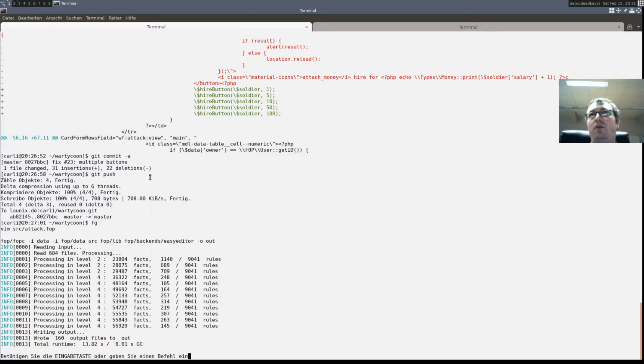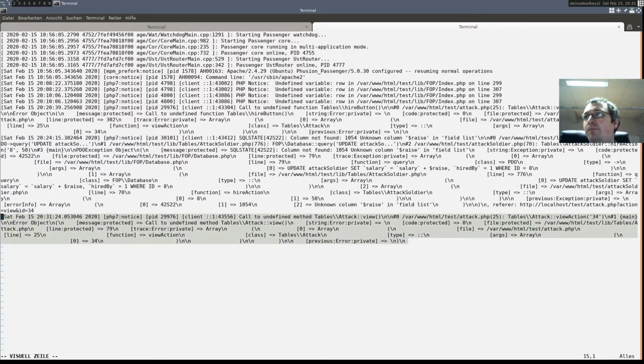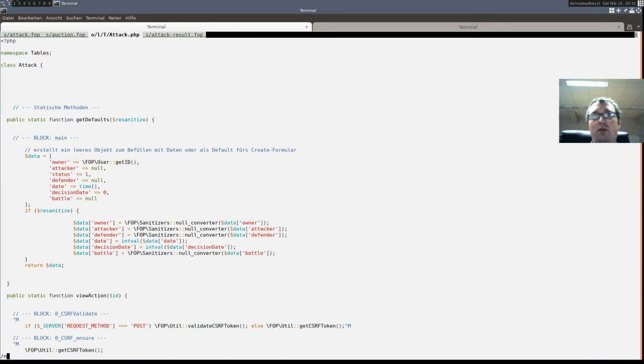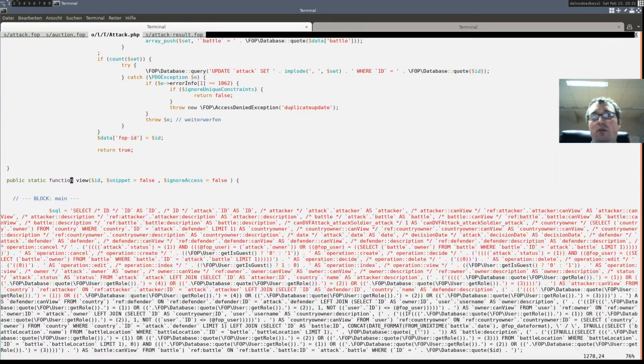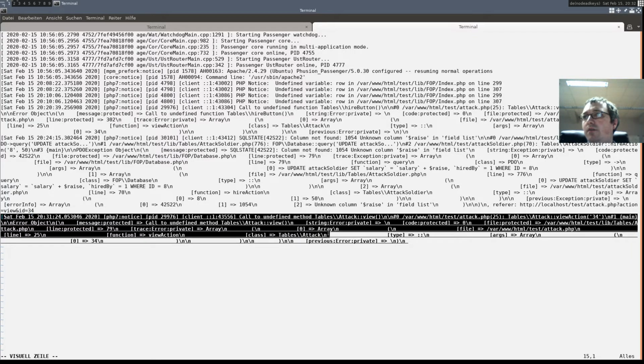Internal error. Take a look at the error log again. Tables attack view. Undefined method. Well, the function somehow must exist. Call to undefined method tables attack view.